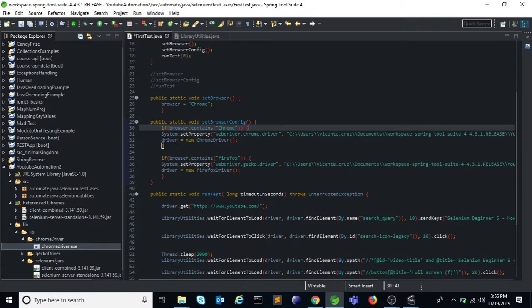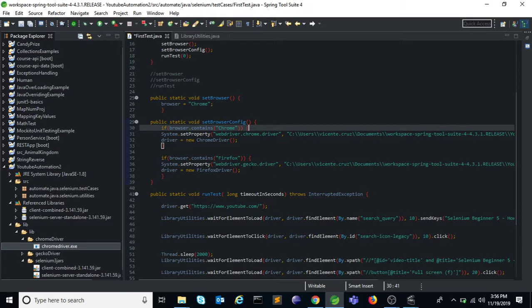Once you do that, if the browser is Chrome, set the property to WebDriver, locate it here, and then the driver is the new Chrome driver,